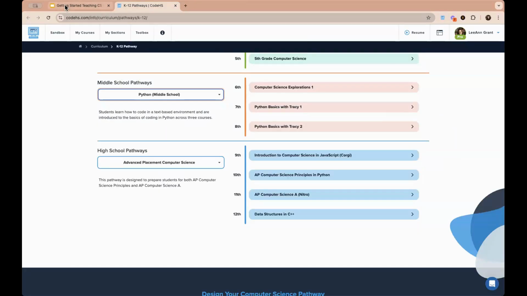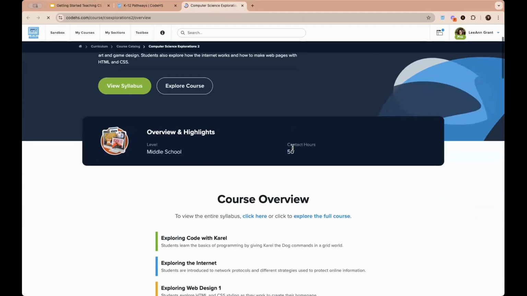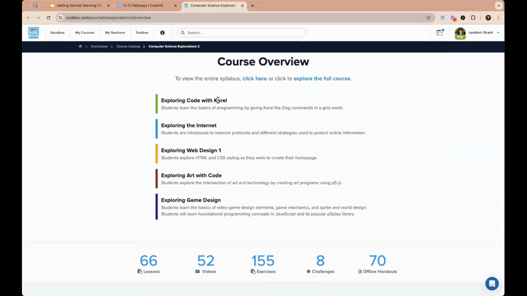Then we get into our Computer Science Explorations 2. In Computer Science Explorations 2, we have Exploring Code with Carol. When I was talking about Carol Adventures or Tracy Adventures, they're very cool in how they were built. They're actually going on an adventure. It's more story-based, and I'm going to show you here in a little bit what that looks like. But this one is basically learning the basics of programming. It's not as story-based, which is why I suggest it's in the second course. But if students have never taken the other 2 Carol with JavaScript, they could still start with this one.